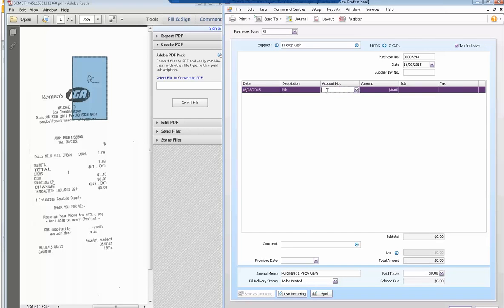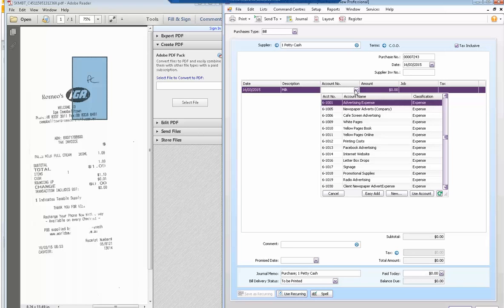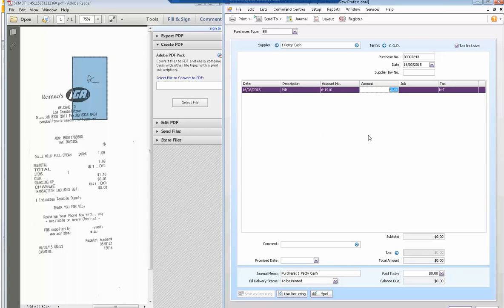We go across to account code, and obviously milk is purchased for tea and coffee in the office, and so that would be something that would fall under office supplies. And so we select that. So notice that we haven't selected the supplier, but we have selected what it's for. And we enter here